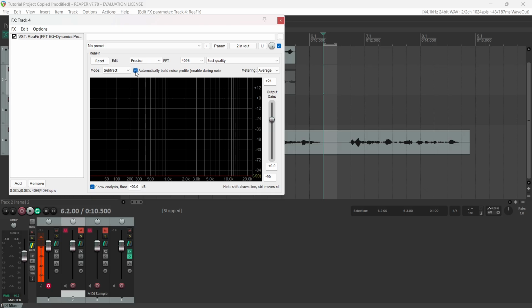So I'm going to hit that button, and then you want to hit the play button. That's going to loop it, make sure it's actually looping, and as you can see, it's going to start recognizing your noise down here. Now if there's more noise, you'll see more things over here, but that's essentially it. Just let it play for a few seconds so it can actually recognize this noise,